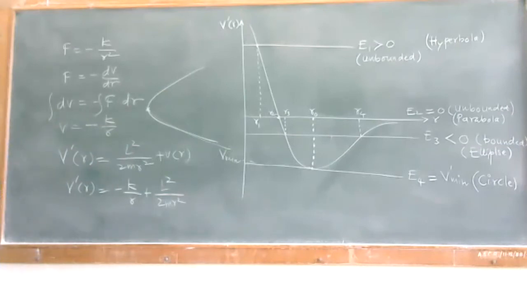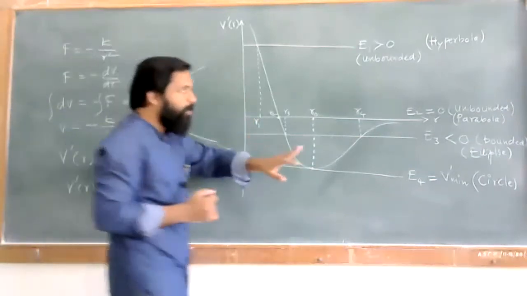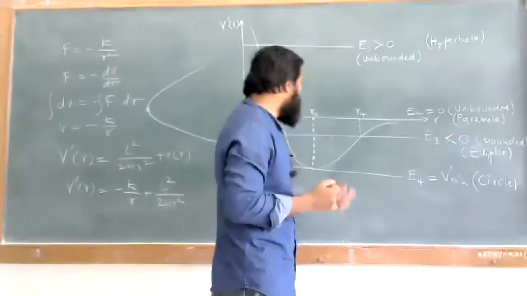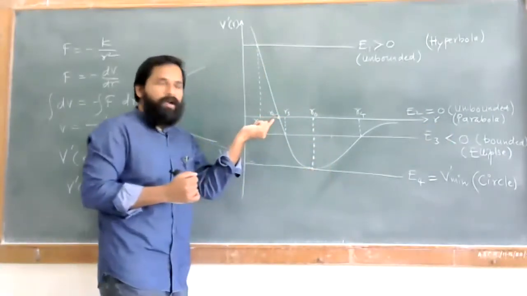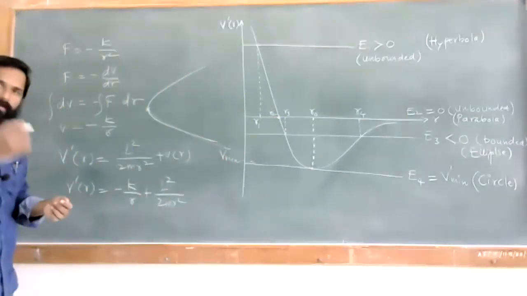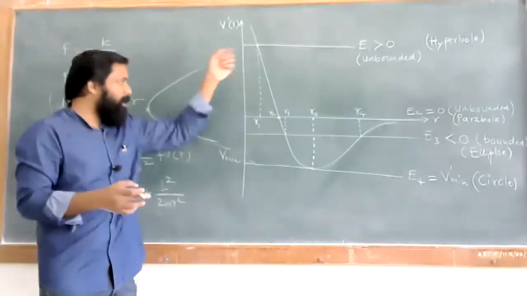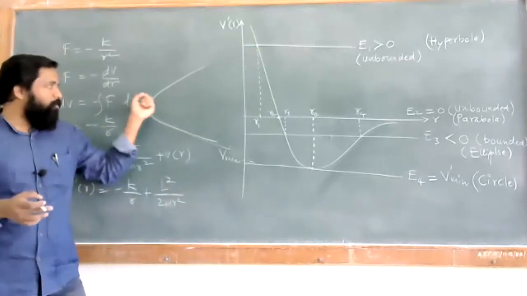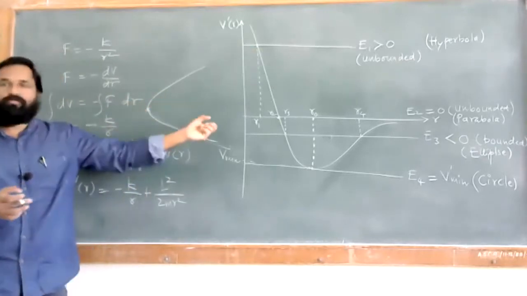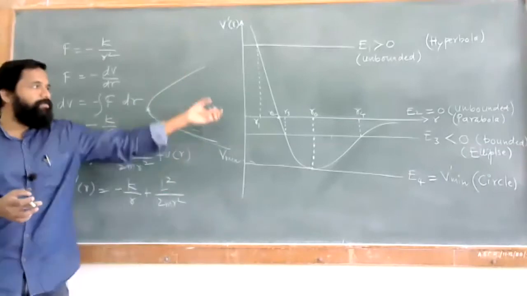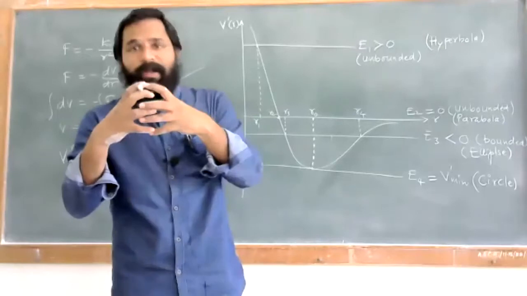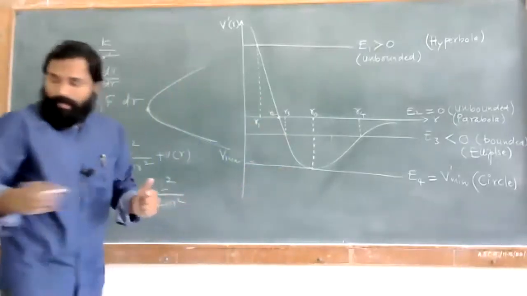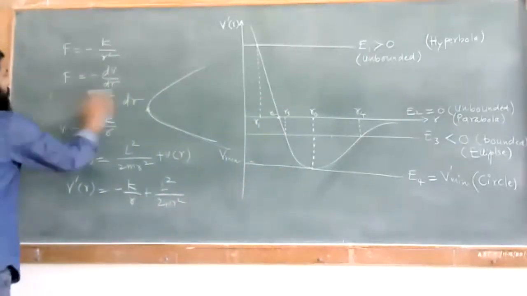So we can have that lower bound at the value that is nothing but R1. Similarly for the case E2, as this is an unbounded motion, look at that point E2. For that E2 your value is nothing but R2. So again we can have a parabola. For the parabola case, again the particle is coming from infinity, reaches the closest distance of approach, and again moves to infinity. So this is the motion that is called unbounded motion. The motion is not bounded. Bounded in the sense you can say the condition should be like this.